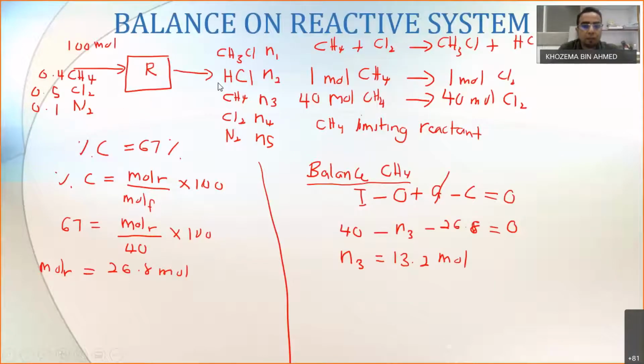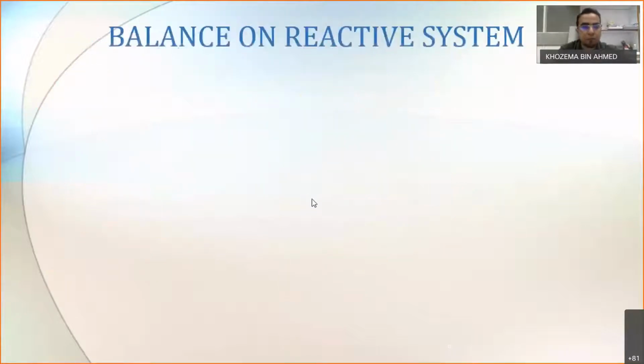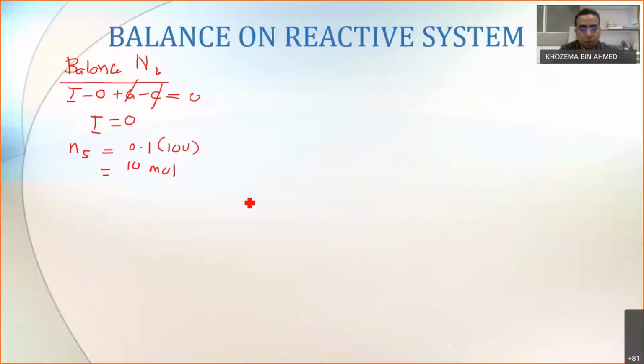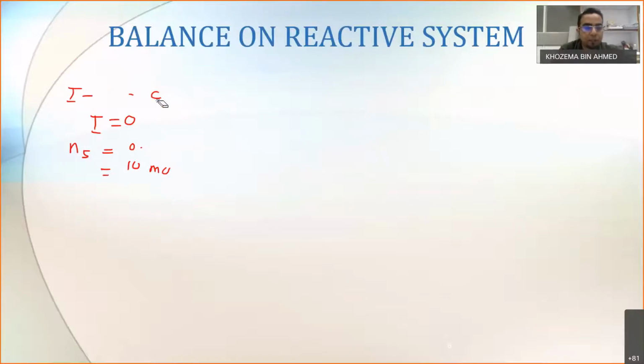So if we go back here, we have found the value of N1 is equal to 26.8, N2 is equal to 26.8, N3 is equal to 13.2, and our N4 is equal to 23.2, and our N5 is equal to 10 mole. So we have actually done the balance and we have found the composition of our product. Okay, so that is how we solve our material balance using